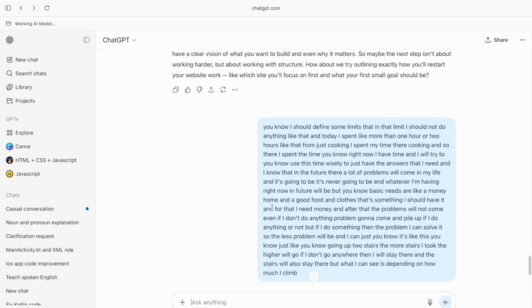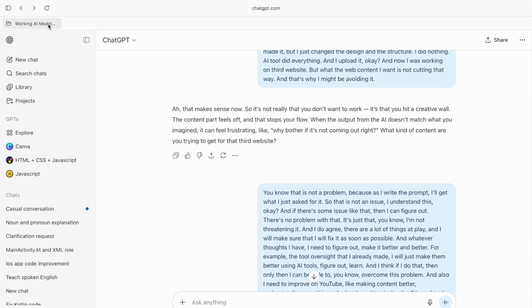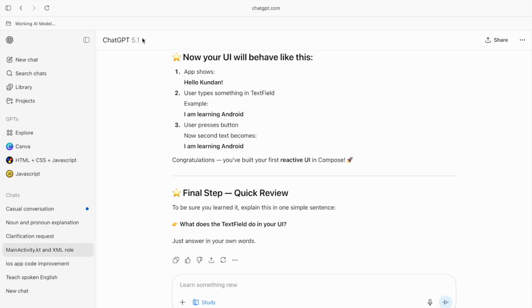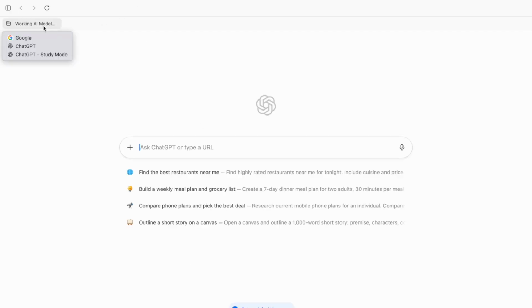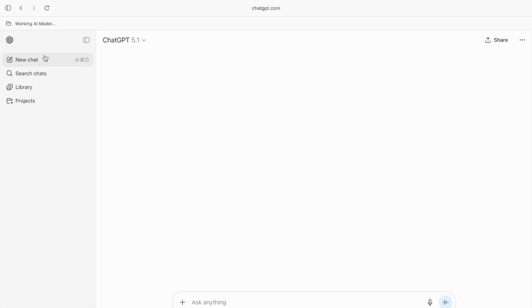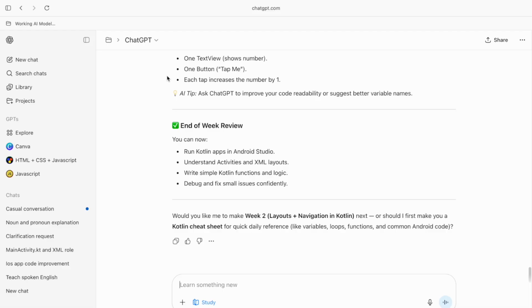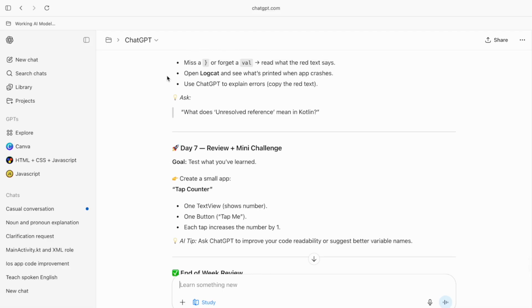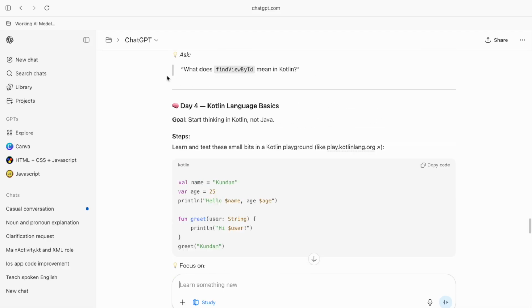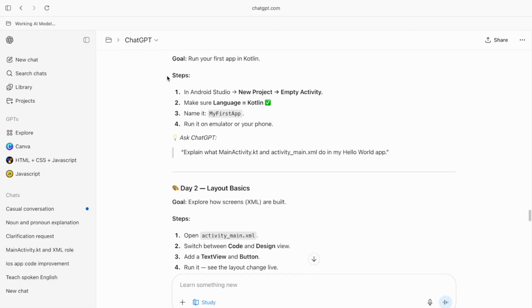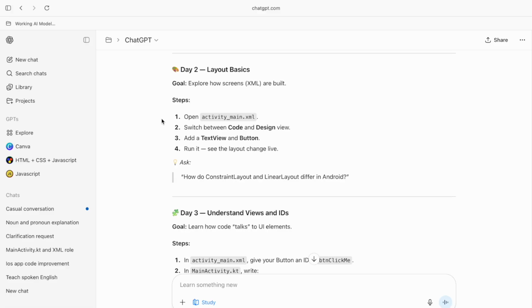So this was the get plan thinking. Okay, that's not something I want. Because of that reason, I made a bookmark. So in a bookmark, I can say that there is a study mode. This one I'm going to turn on. So the last time, as you can see, I told him to make everything, and it did. Like the first day, it was running the app, and I did it. So first day, second day opening that, but I'm going to tell him that